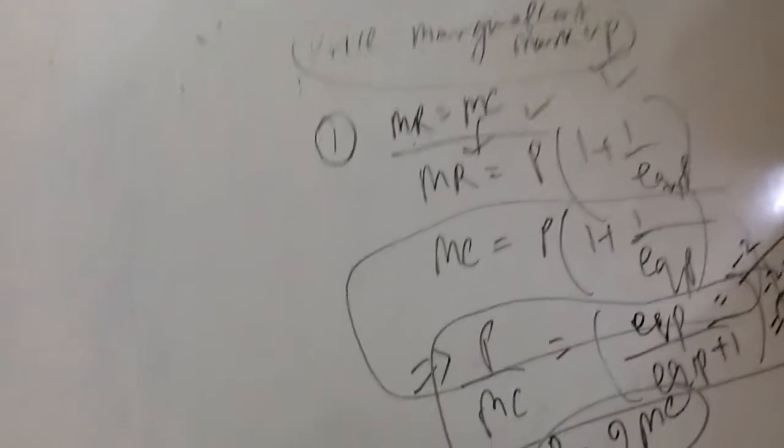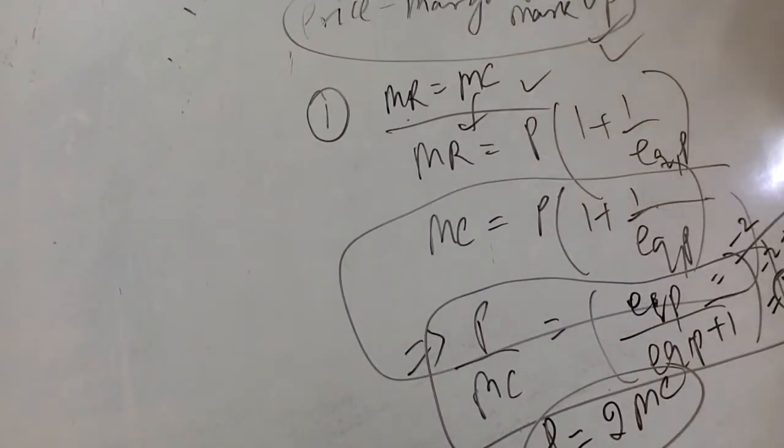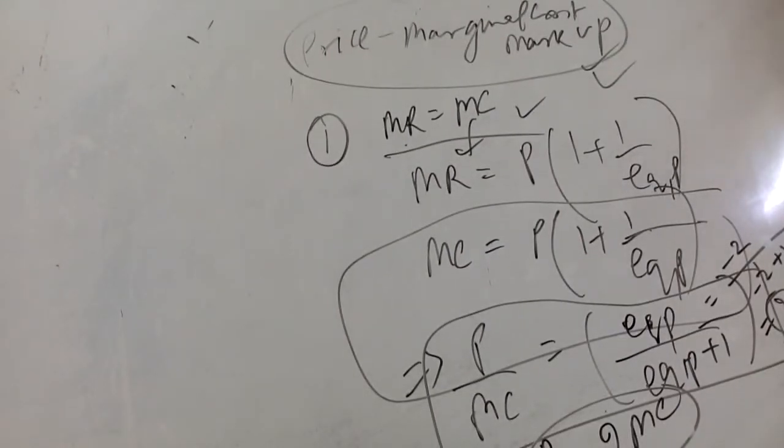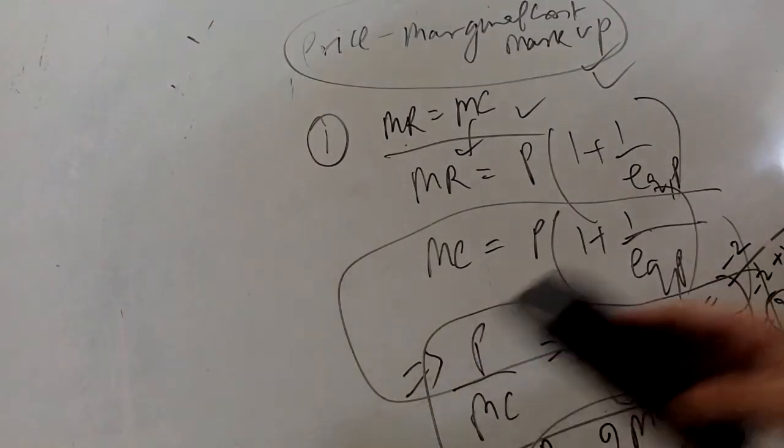So if we have elasticity equal to -2, then I can compute that price is exactly 2 times the marginal cost. This is exactly the markup this monopolist has charged from the consumers, and they've been able to charge a price exactly twice the level of marginal cost. Okay, next I'll explain the constant elasticity case.